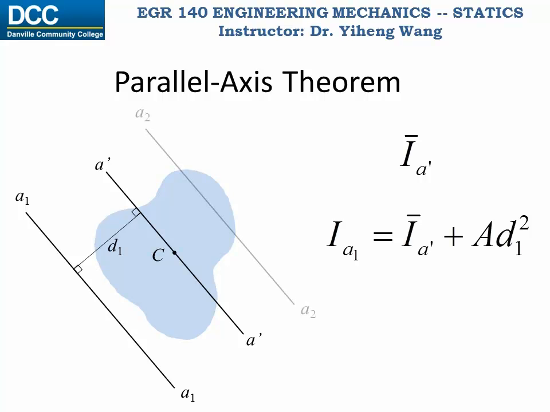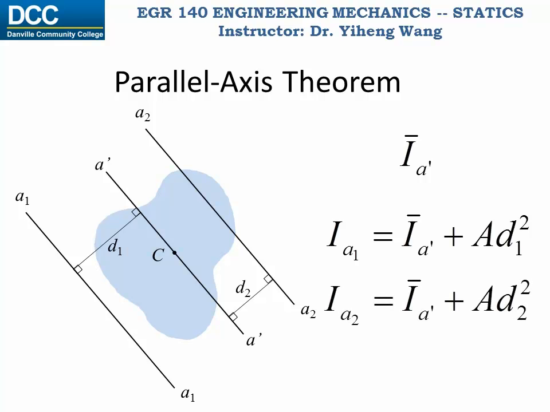Or if there's another axis that is also parallel to A prime, axis A2, that has a distance d2 from A prime, then the moment of inertia about this axis A2 can also be calculated through the parallel axis theorem to be I_A prime bar plus, again, area A times d2 squared. Therefore, using the parallel axis theorem, you can quickly calculate the moment of inertia of the area about a parallel axis. As you can probably tell from these two equations,